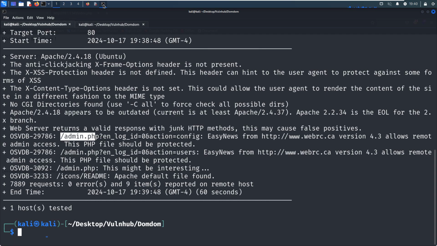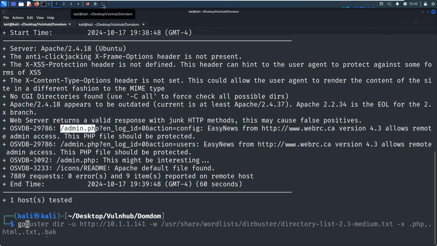Okay, so next, I think we can launch Gobuster to do the directory enumeration. We can auto-complete this command to save time. As you can see, I used the option -u to specify the URL of the target, followed by -w to specify the word list.